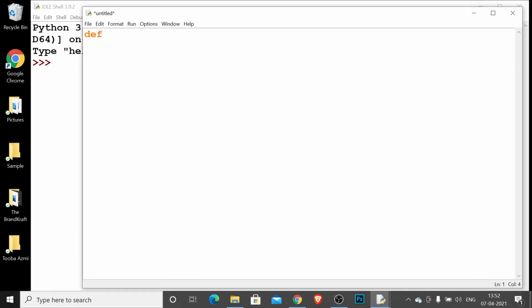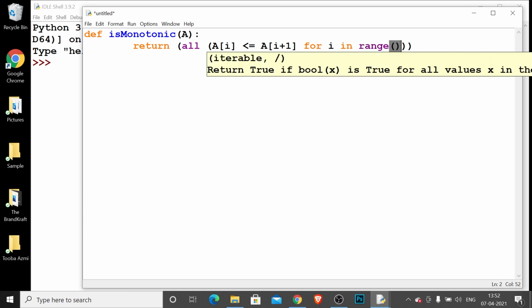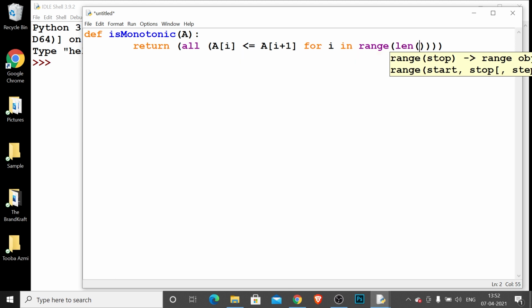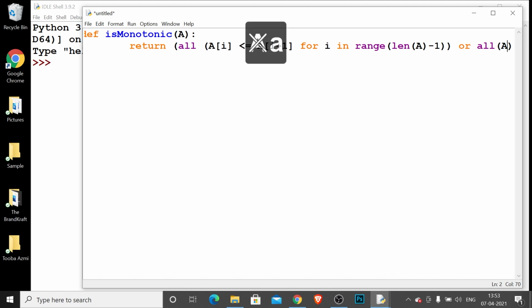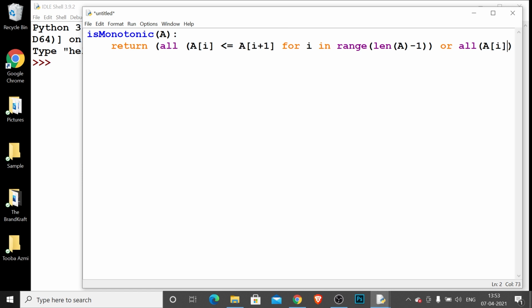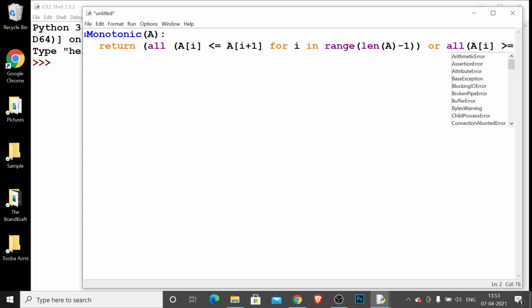Then fourth, check given array is monotonic. def isMonotonic(A): return (all(A[i] <= A[i + 1] for i in range(len(A) - 1)) or all(A[i] >=